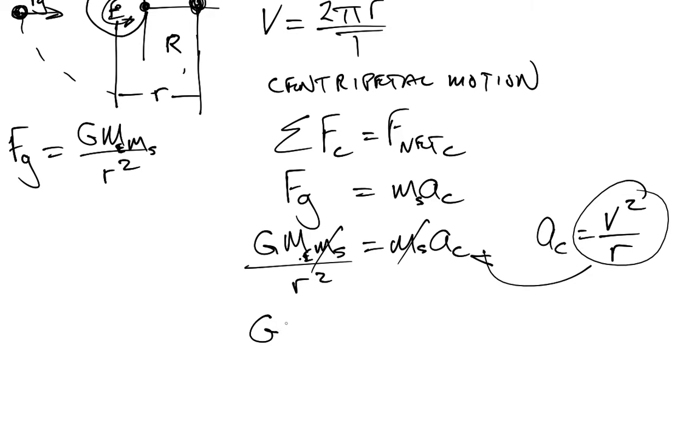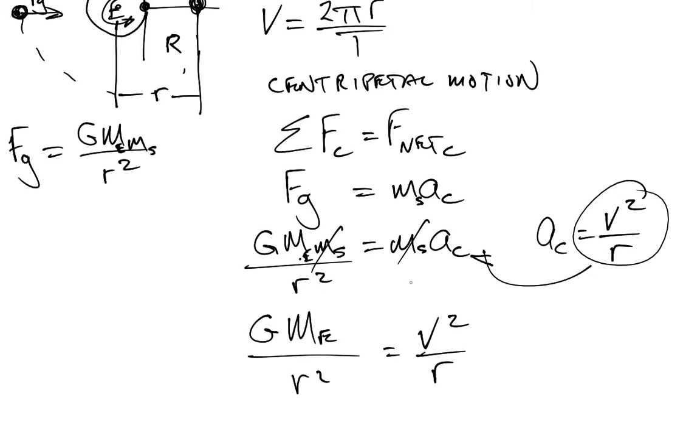So it'll be G M E all over r squared equals v squared all over r. Now if we multiply both sides by r,